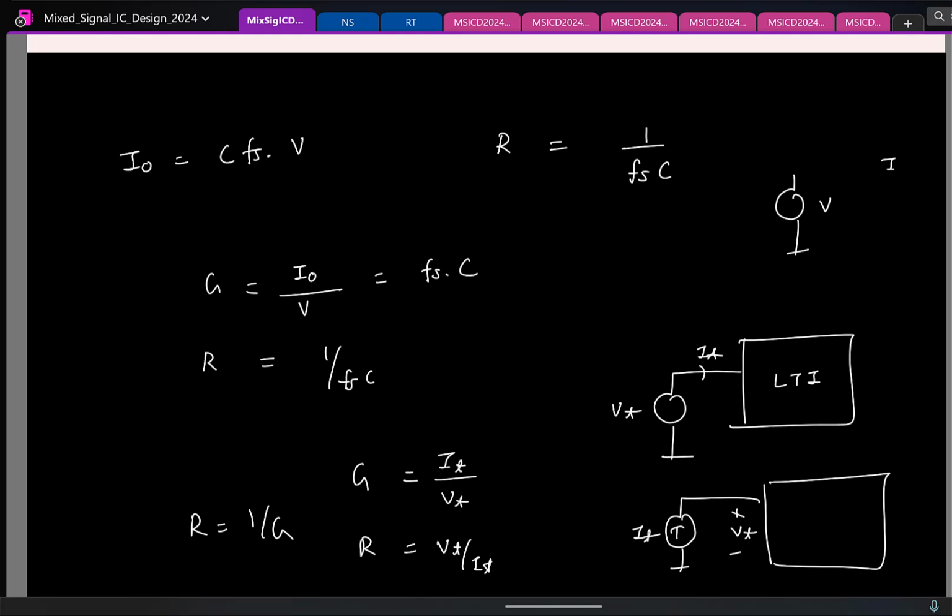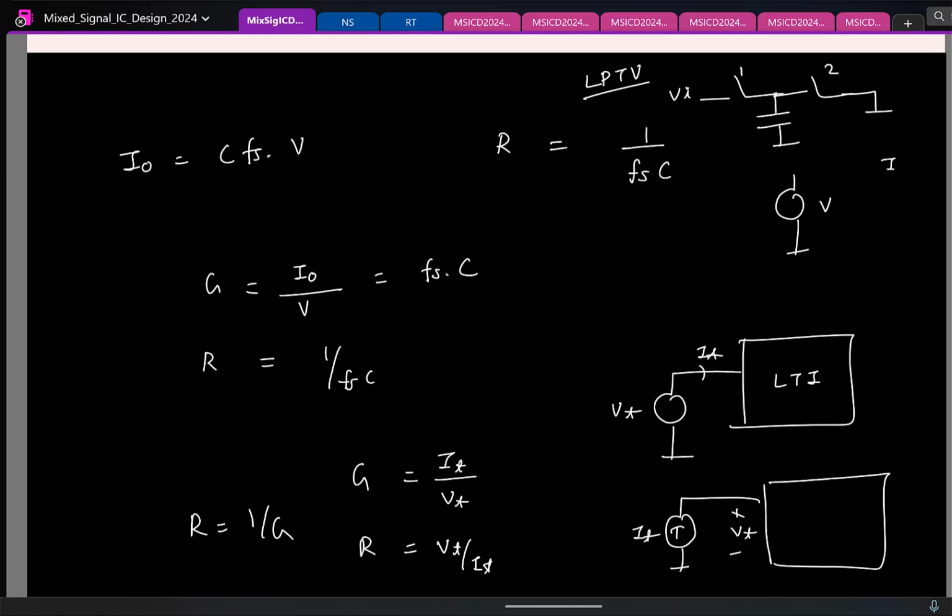But when I have a switch capacitor system, is it a linear time invariant system? Let us say I have this. Do you think it is time invariant? It's time varying, and in fact, this is what we call a periodically time varying system, because it repeats itself after one clock period, right? So this is what we call a linear periodically time varying system. And for these LPTV systems,